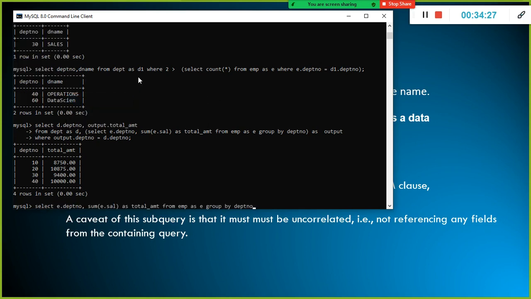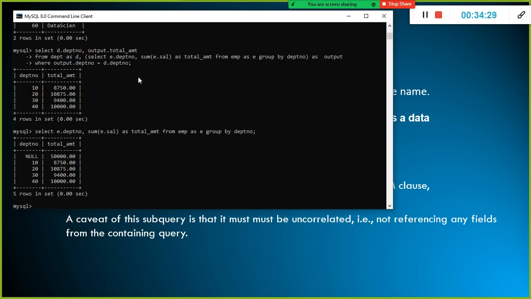I just copy paste it here. Look here. In this case, in department number, I put some null values here. In the employee table, one of the department number records has some null values in it. So here we have 50,000, but what happens here is 10, 20, 30, 40, 8750. We have done group by here, right?